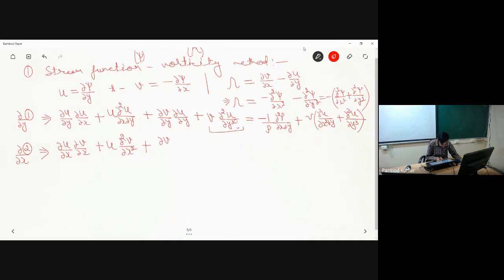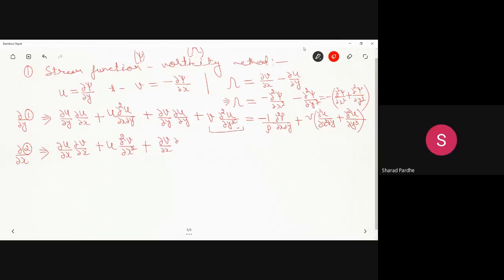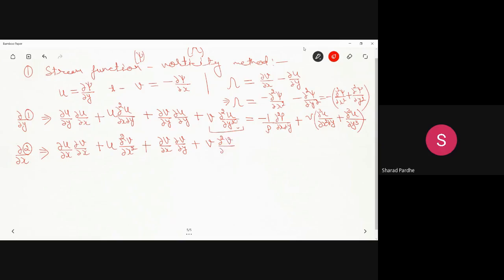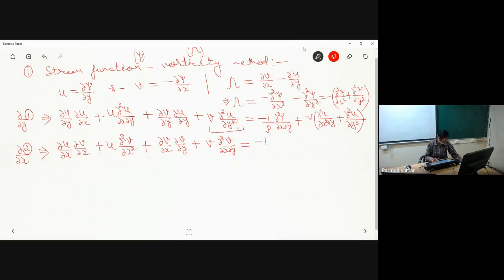del v by del x into del v by del y, del v by del y plus v times del square v divided by del x del y. That will be equal to minus 1 by rho del square p divided by del x del y plus mu times del cube v divided by